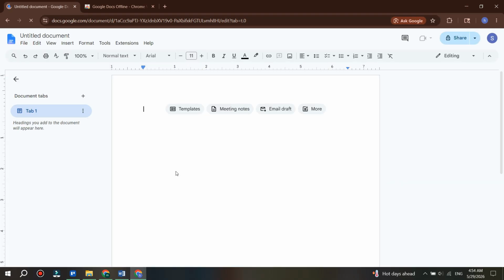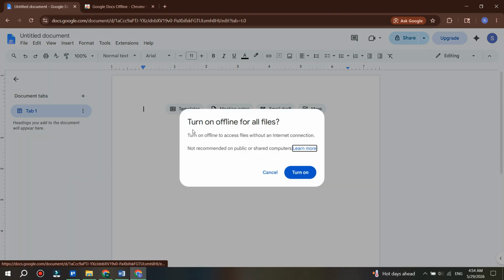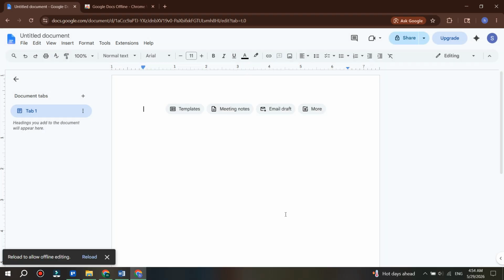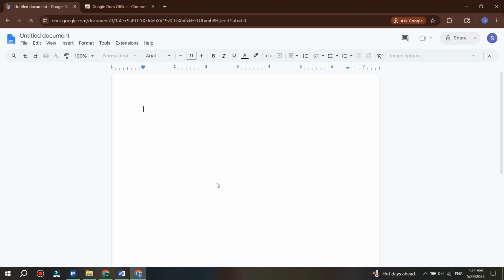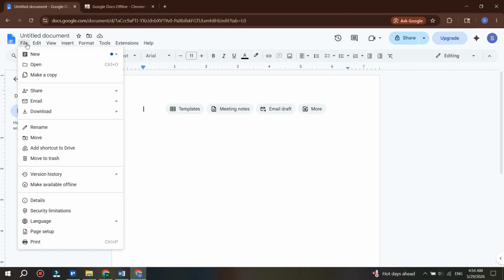Once the page reloads, click on File again and select Make this file available offline. If another message appears asking to enable offline access for all documents, click Yes, then reload the page one more time. After reopening the document, go back to File, and you should now see that offline mode is enabled for